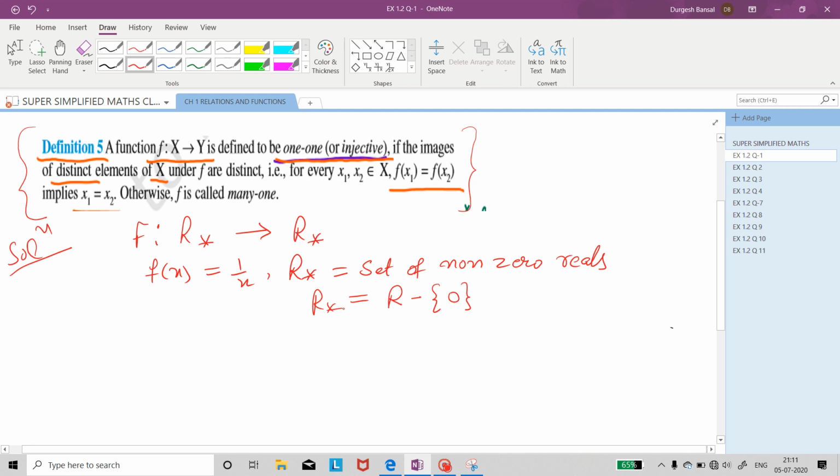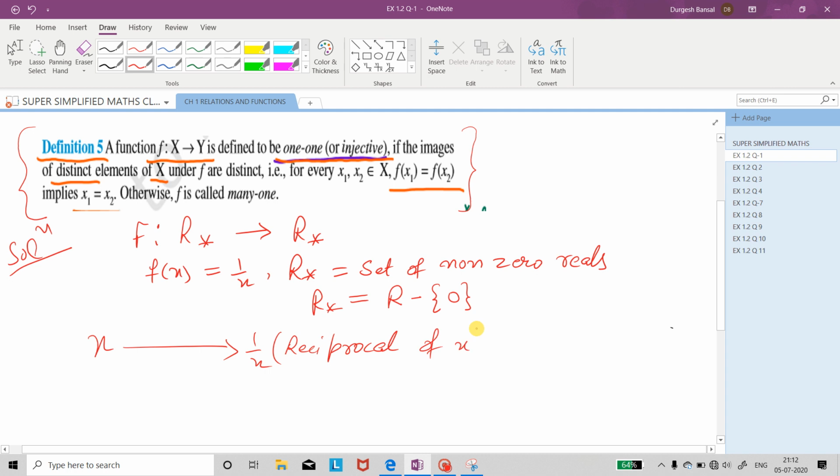So now before you go for proving or disproving, first you should check by hit and trial, by taking certain numbers, whether this function is going to be one-one or not. So what you are going to check? You are going to check whether the images of two distinct numbers are coming out to be same or not. Image of a number x is 1 by x. So what is the image of x? This is nothing but